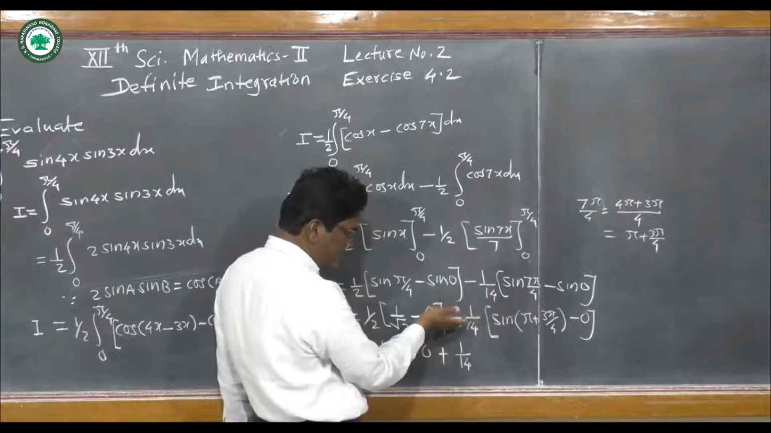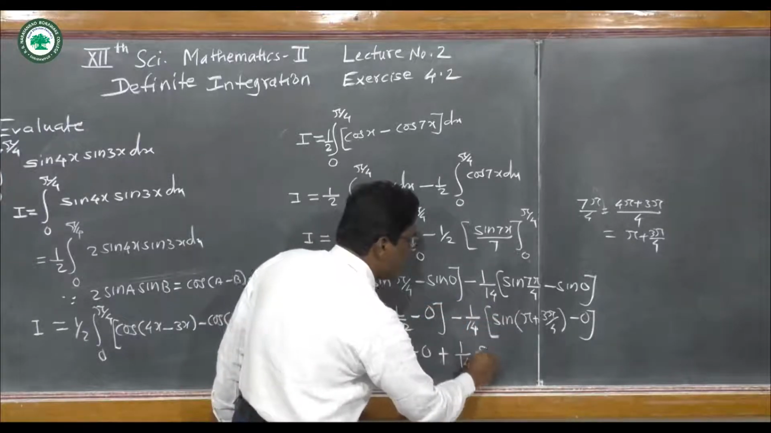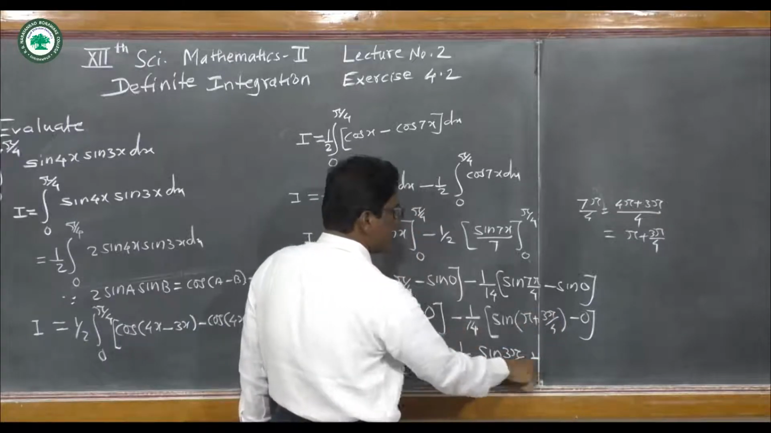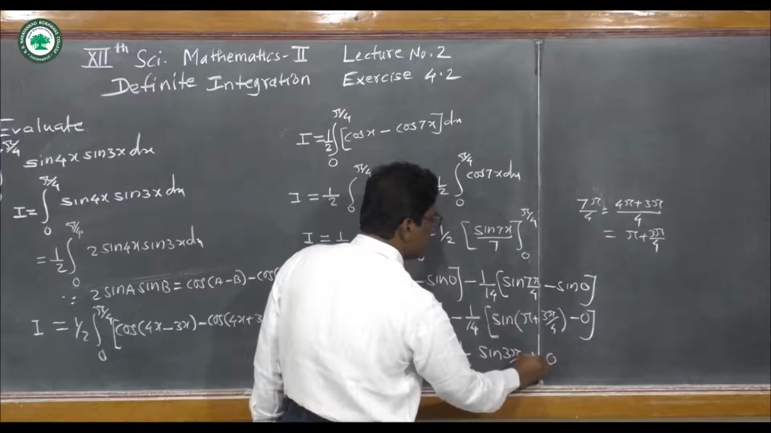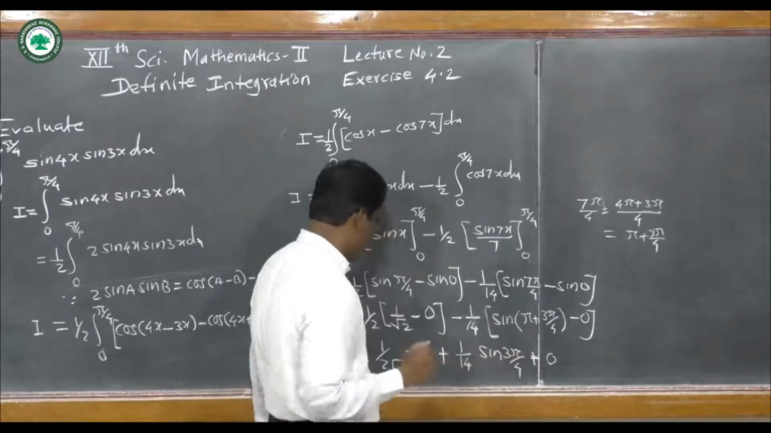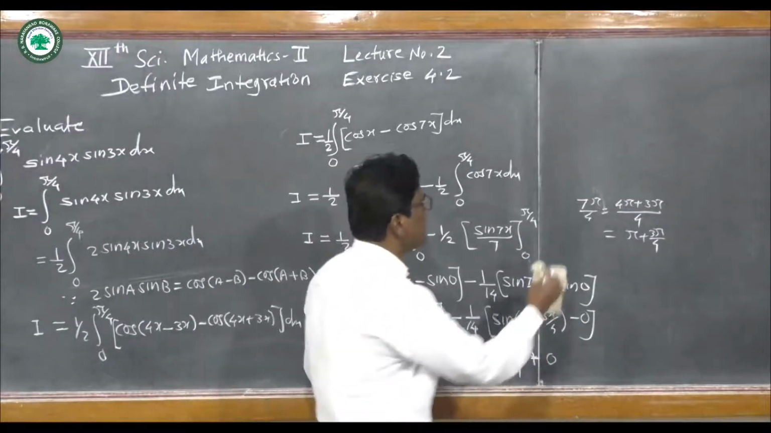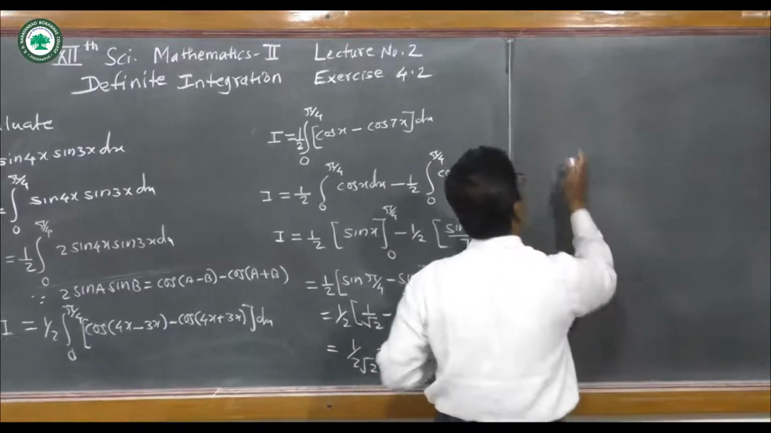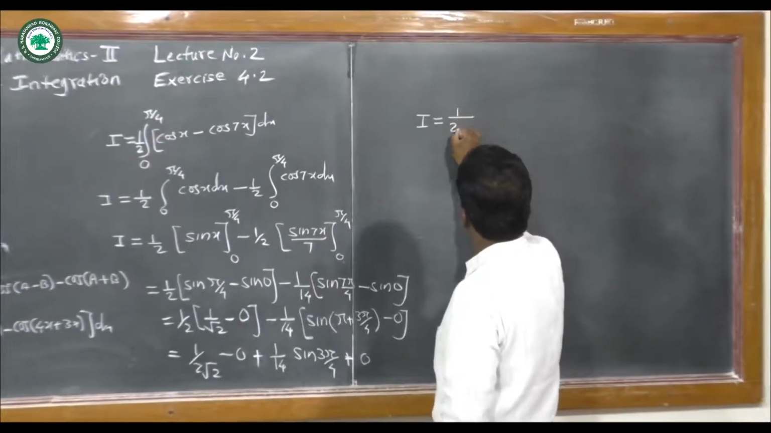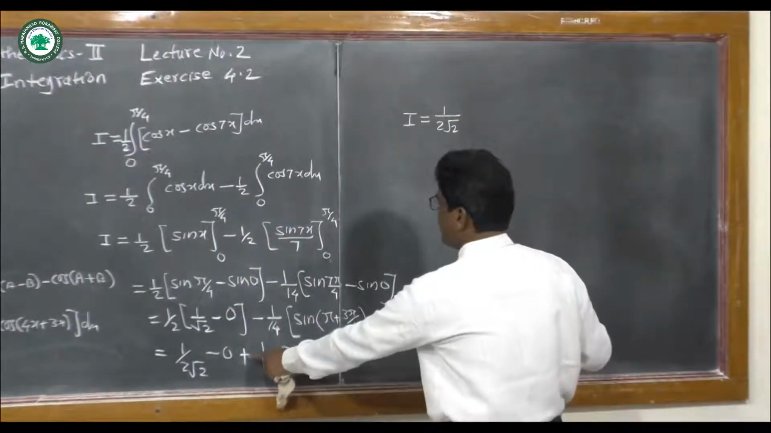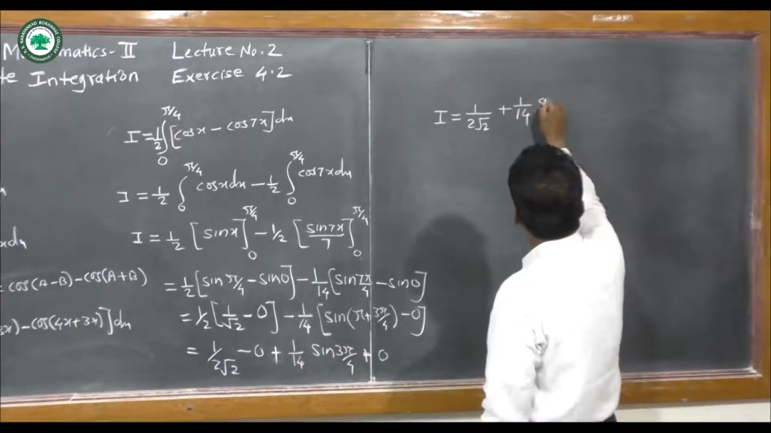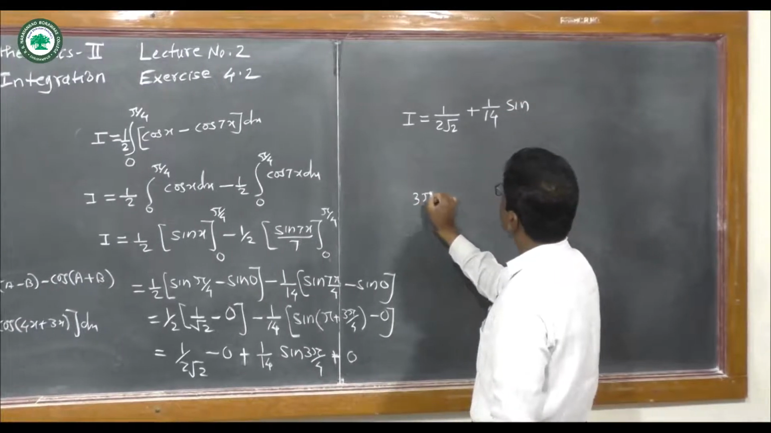So negative and this negative become plus, and now it is sin of 3 pi by 4. And minus plus 1 upon 14 into 0 is equal to 0. There is no need to write this 0. Now we have to find sin of 3 pi by 4. So the required integral I becomes 1 upon 2 root 2 as it is, plus 1 upon 14 as it is. And now for sin of 3 pi by 4,